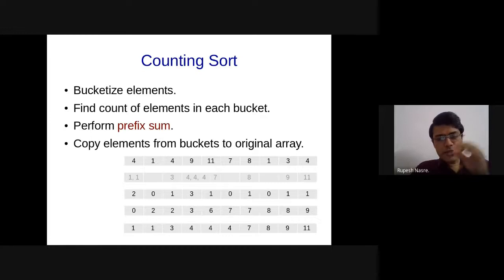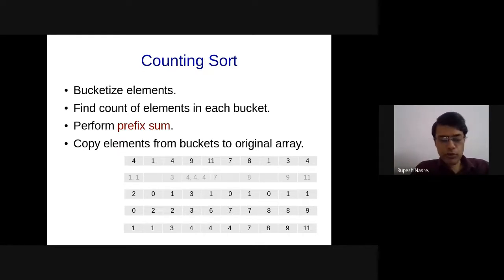Okay, so that is one way. So when somebody says that they have a sorting method in order n time, you have to be careful about what that n is. N could be the max value. If it turns out that these are going to be, in some sense, ordered elements, meaning consecutive elements, let's say students in a class, then you can say that n is of the order of max value also. It's almost the same. But when these are arbitrary elements, then you have to be careful about what that is. Okay, so that is one way. That is also called counting sort. But there is a little bit of difference. There is a different way of doing this as well.